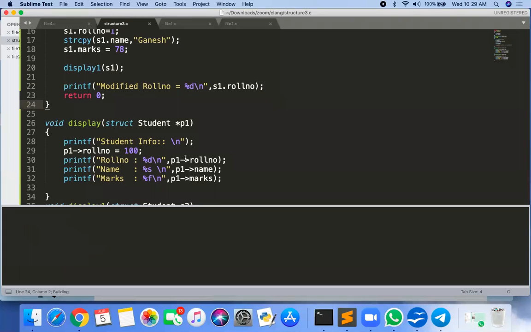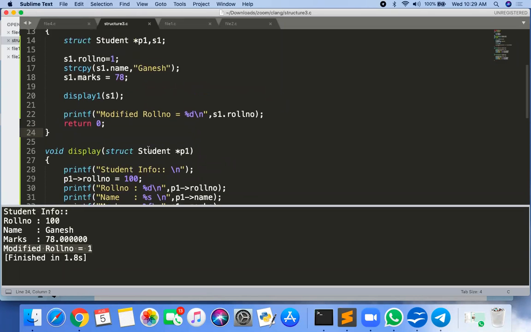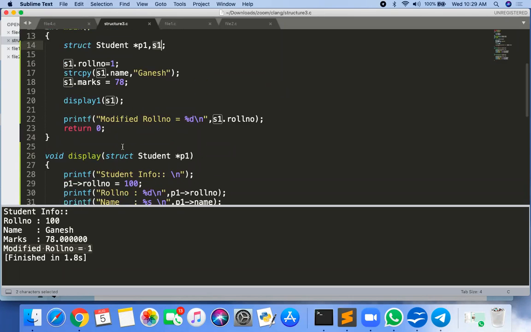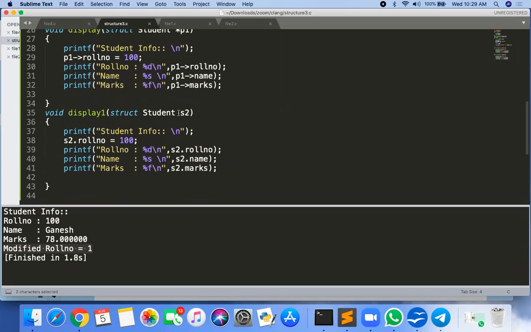You can see in your display1, roll number is 100, but when you come back to the main function, that roll number will not be modified. The actual S1 is not changed. When you pass S1 here, only a copy of that S1 gets passed.